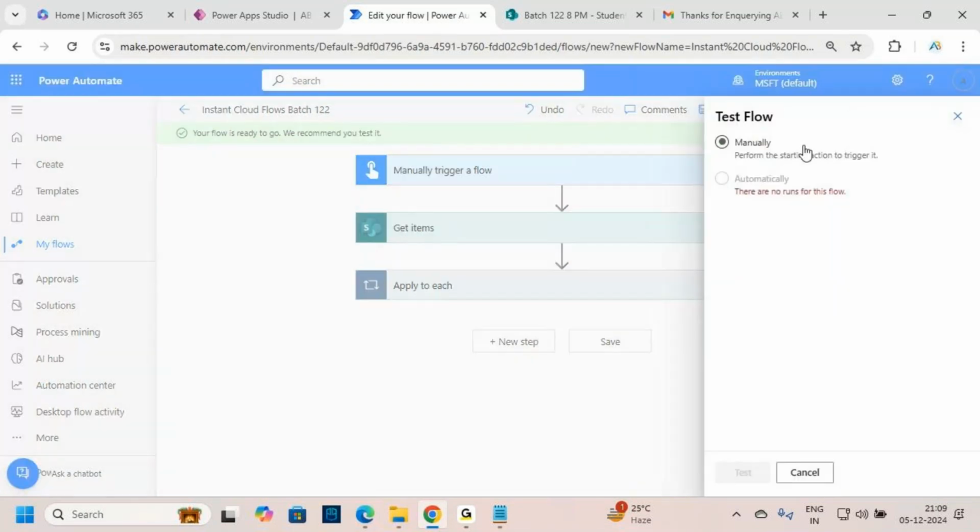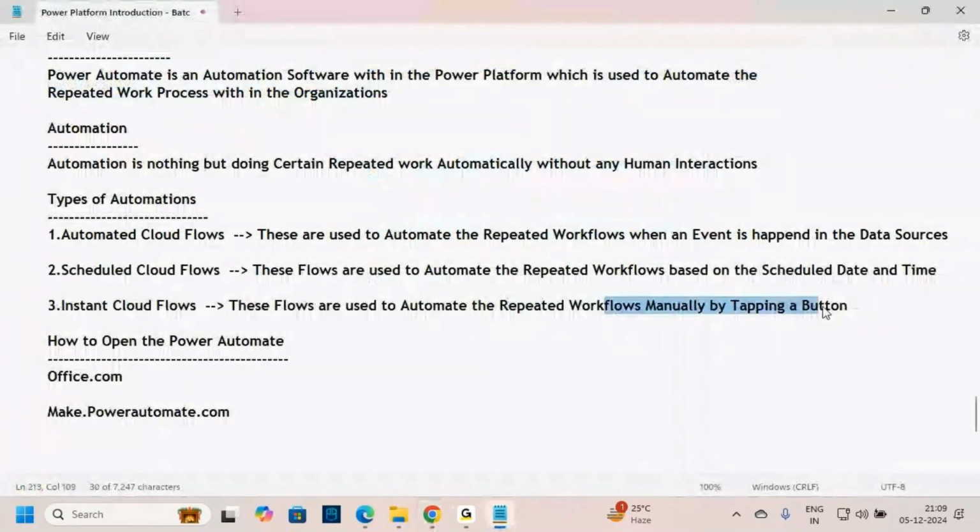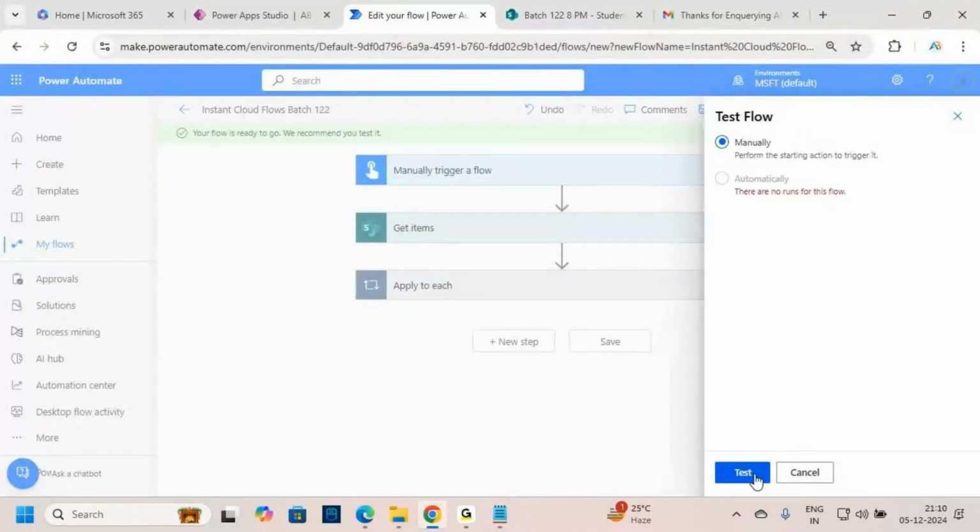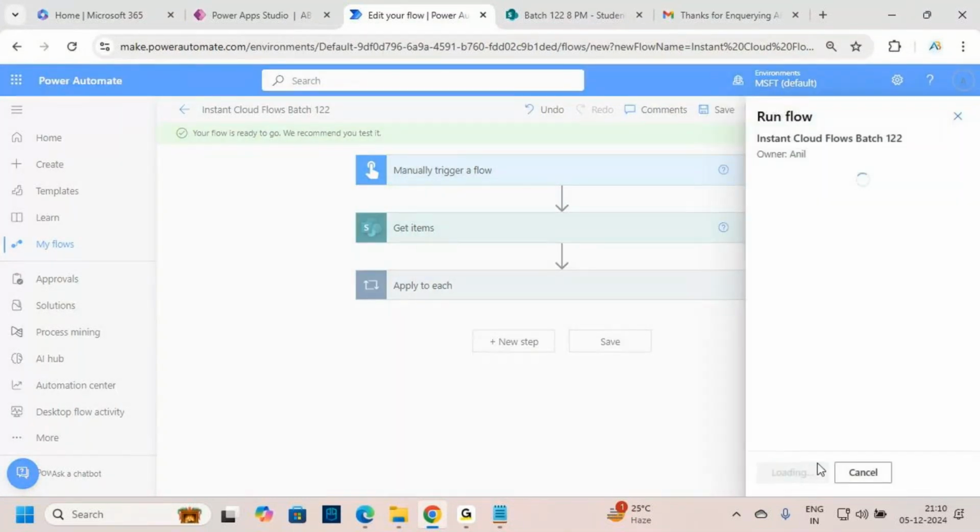Every time we need to run the flow manually, guys, because it is what type of flow? Instant flow. Instant flows will run manually by tapping a button. Every time we need to do it manually. So let me select the manually, select the button, click on test, and click on continue,